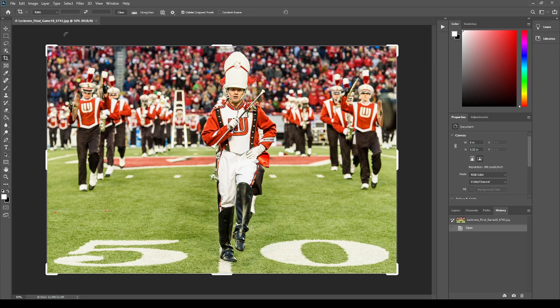Now, I know exactly what the height and width of the image I need to have for the hero area. So up here at the very top, I'm going to click on this little drop down. These are the cropping options up here. It starts as ratio, and I'm going to choose the second one, which is W by H by resolution. Again, you guys can't see that on the stream,